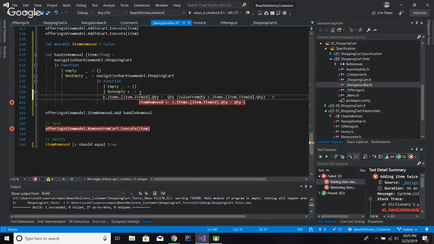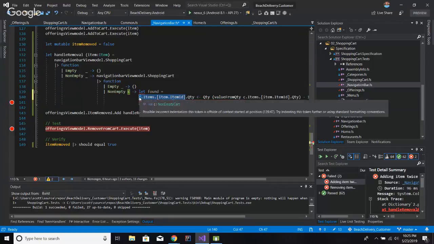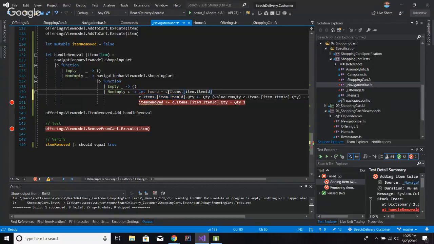Could do let found equal, and we do this right here, and then